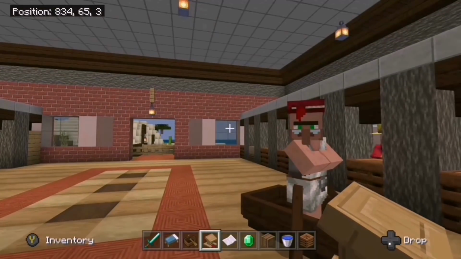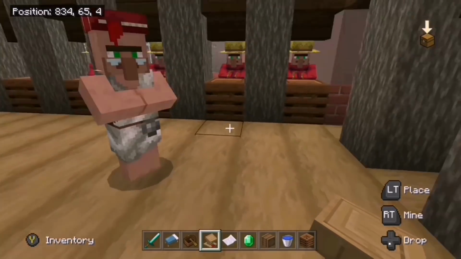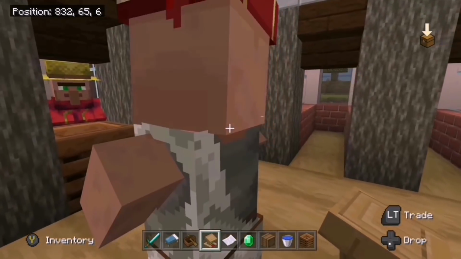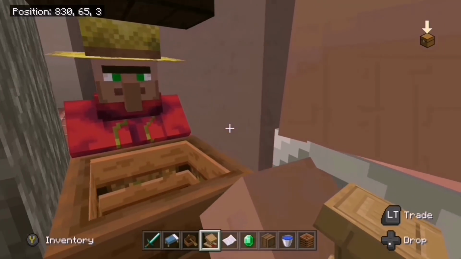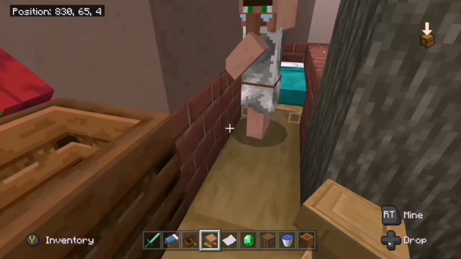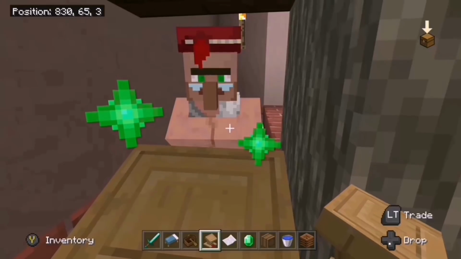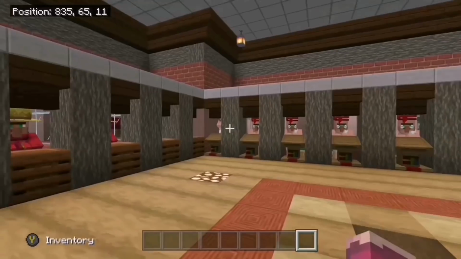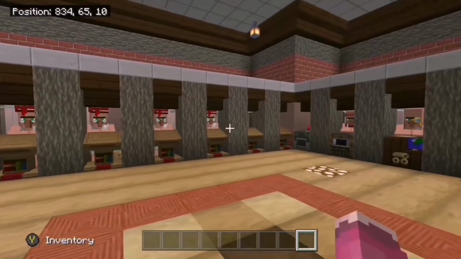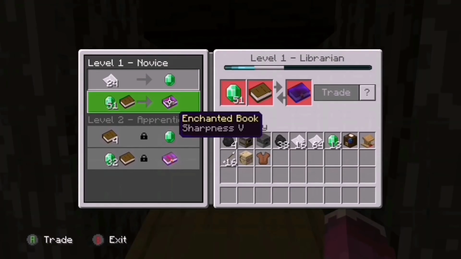And he is still a librarian, so let's let him out. Let's push him towards his bed. Come on, off you go. There we are. And it shouldn't matter which way round you put the workstations, as long as they can get to it, they'll be able to use it and replenish their trades. So here we are, we've got a nice row of librarians here, all selling books that are the highest enchantment